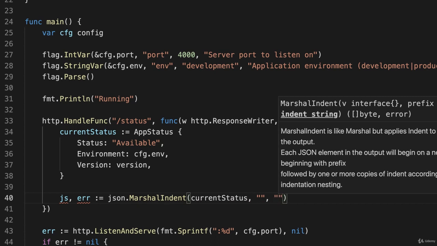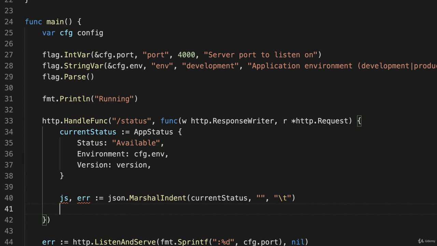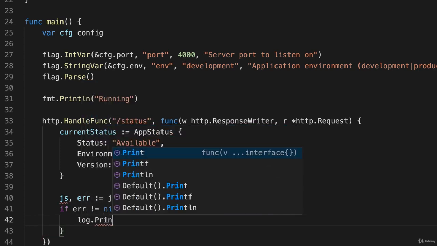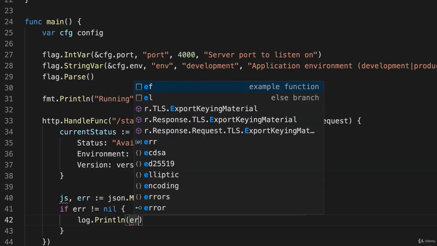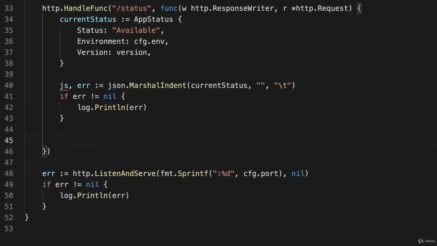And how much do you want to indent it? I'll just indent it one tab by using \t. Then I'll check for an error. If error is not equal to nil, and all I'll do right now is log.Println the error. Otherwise, I want to write that js right to the browser as JSON. So I already have it in JSON format. It's stored in the variable js, but I need to set the header,